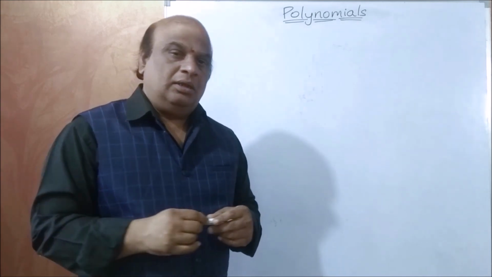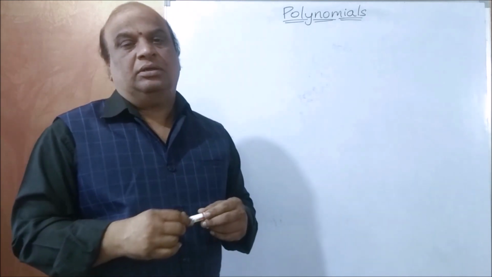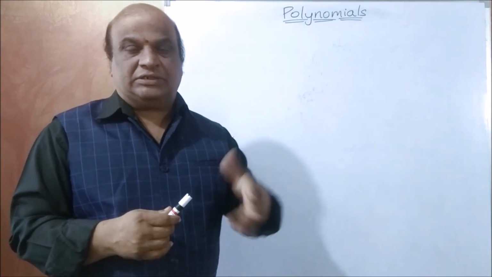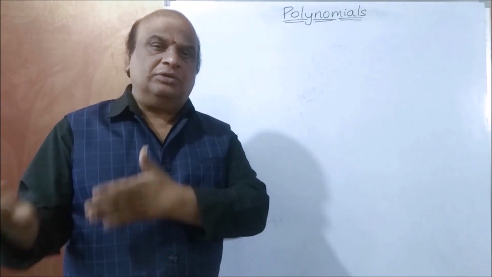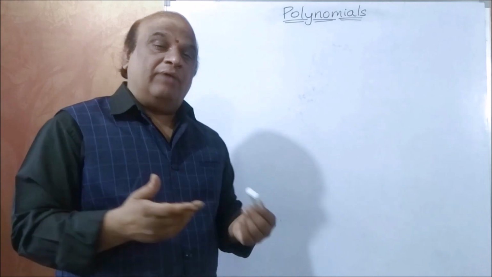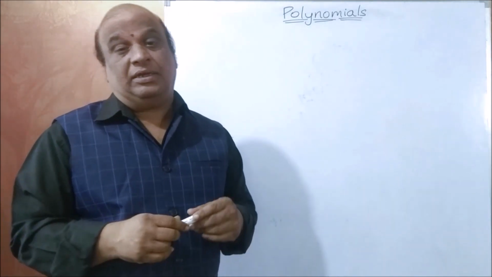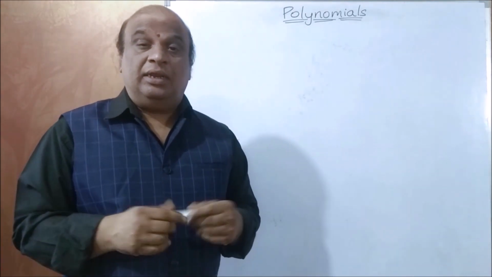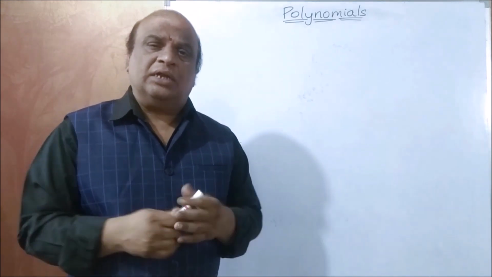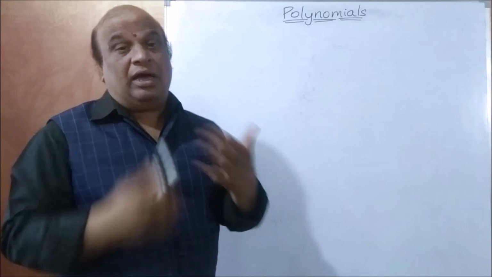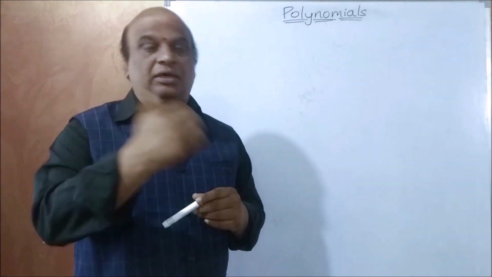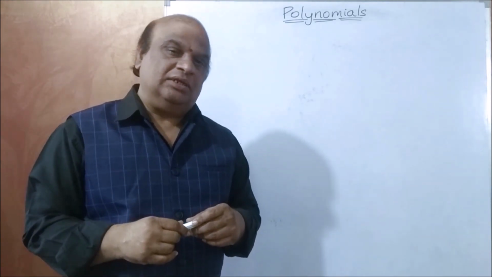First of all, in algebra we are using English alphabets: A, B, C, D, P, Q, R, S, X, Y, Z. All these letters we are using in algebra. But actually we have so many numbers in mathematics. Infinite numbers are there. Negative numbers are there. Fractions are there. Decimals are there. So many numbers are there. But we are using English alphabets again. Why are we using English alphabets in algebra?